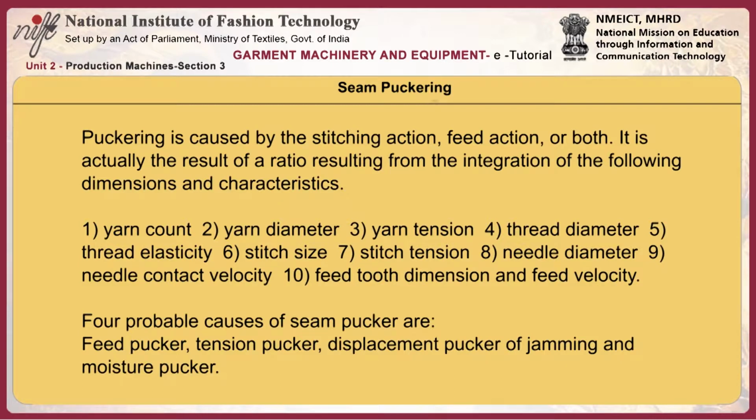It is actually the result of a ratio resulting from the integration of the following dimensions and characteristics: yarn count, yarn diameter, yarn tension, thread diameter, thread elasticity, stitch size, stitch tension, needle diameter, needle contact velocity, feed tooth dimension and feed velocity. Four probable causes of seam pucker are: feed pucker, tension pucker, displacement pucker or jamming, and moisture